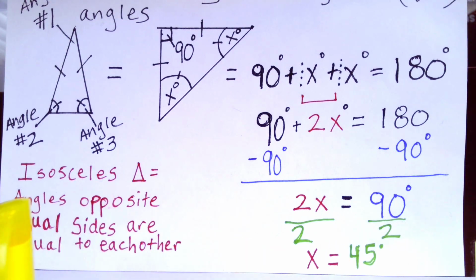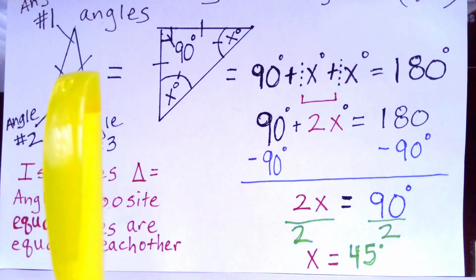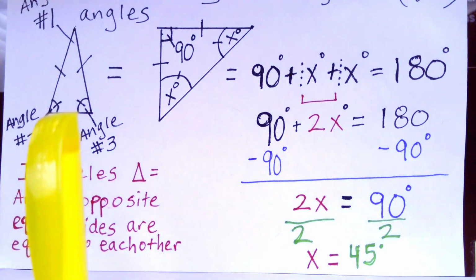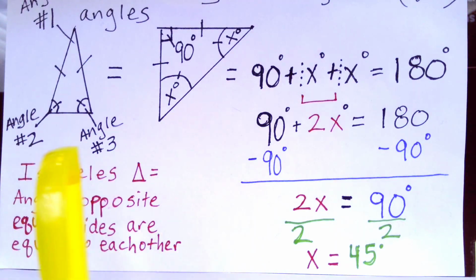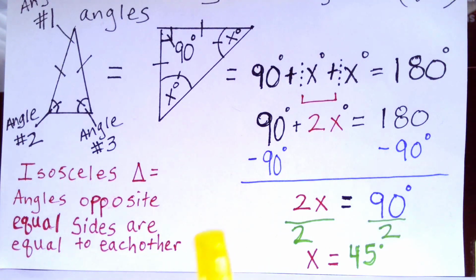Okay. I want to also express again that in an isosceles triangle, the angles opposite equal sides are equal to each other. So again, one dash mark on this side length and one dash mark on this side of the triangle means these lengths are equal. Angles opposite those lengths are also equal. So angle 2 and angle 3 are equal to each other. Stick around for part 3 video. I'm going to get into how you can solve this problem visually or geometrically